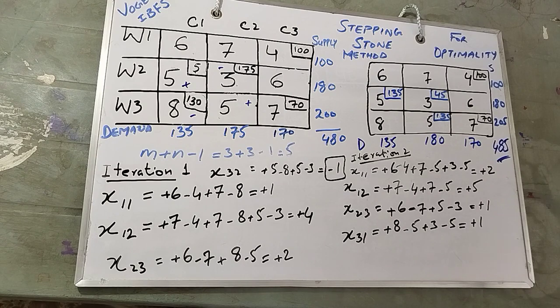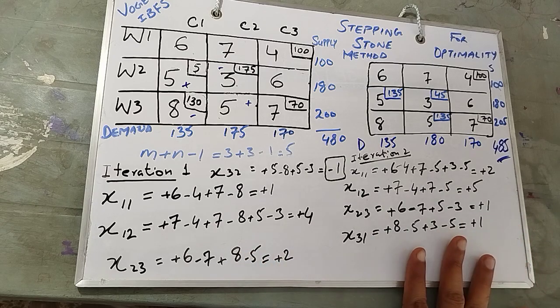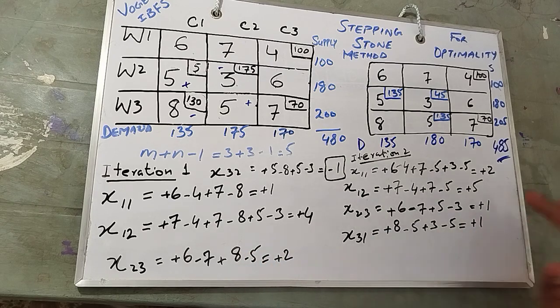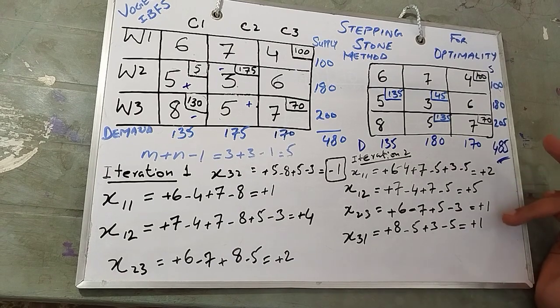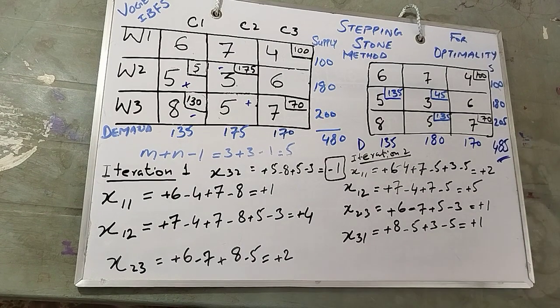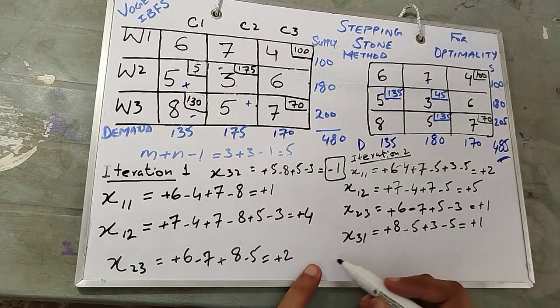So what does it show? It is showing that we are done with the second iteration, and in the second iteration we have not found any negative index. Because of that, we are sure that this is the optimal solution. So the cost, let me take out the cost for you. The cost would be